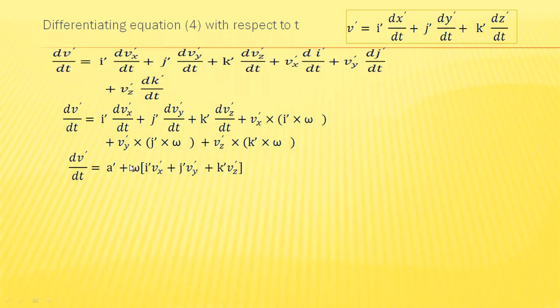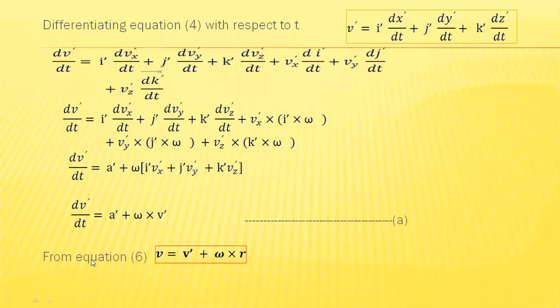Here, this is the equation for a dash, and in the remaining equation, omega is constant, so omega into i dash vx dash plus j dash vy dash plus k dash vz dash. So you get a dash plus omega cross v dash. This is the equation for dv dash by dt, which is equal to a dash plus omega cross v dash. Now from equation 6,